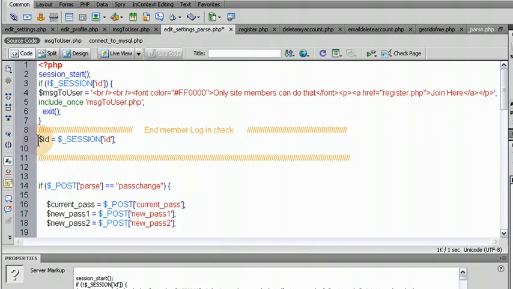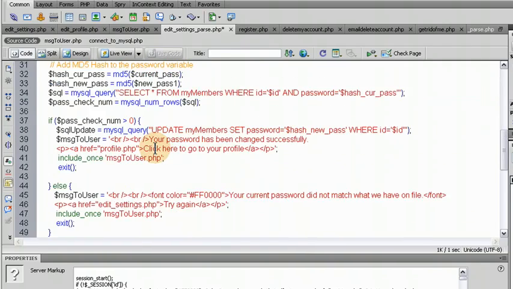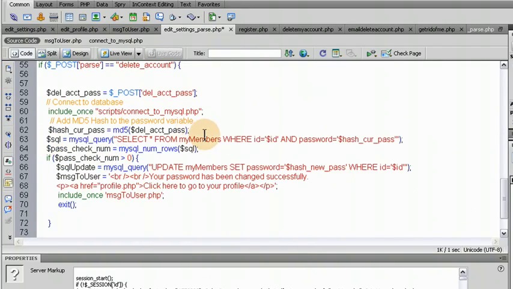So right there we claim the session ID. So we'll say where ID equals session ID and password equals hash current pass. Then this should be a value of 1, so we run that same conditional. If pass num check is greater than 0, which it should be, then we can run the